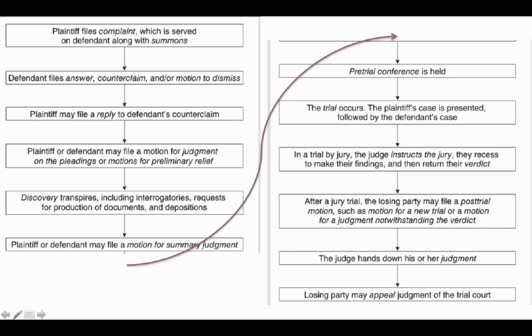After pleadings are filed, pretrial motions may be filed. Motions may call for the case to be dismissed. A summary judgment may also be requested if there's no disagreement on the facts and the filer, or mover, wants to win the case based on only a question of law. But that rarely happens. After pleadings and pretrial motions, discovery occurs.